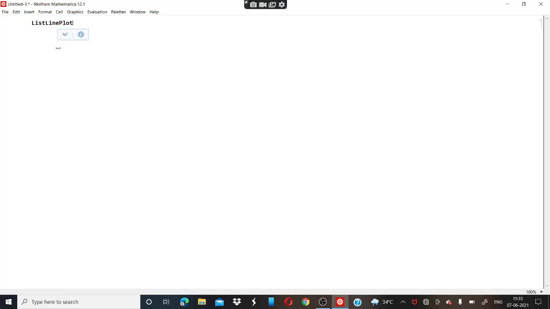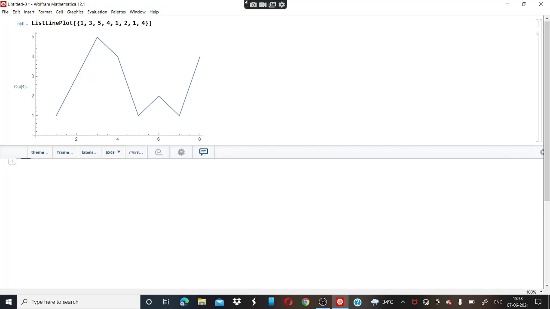After this, we will use the brackets, then write the numbers that we are given. Then we will close the bracket and press shift and enter key.